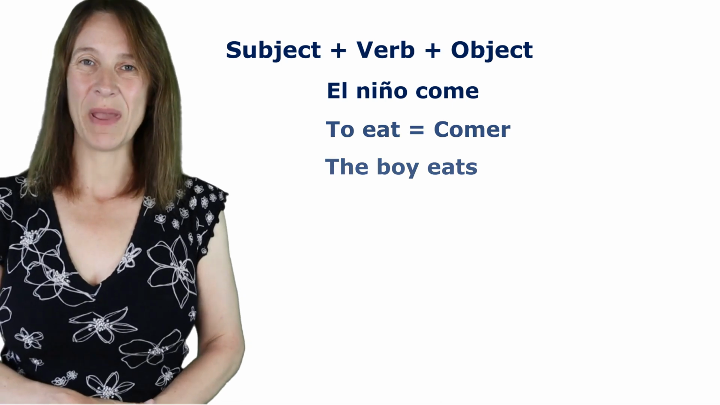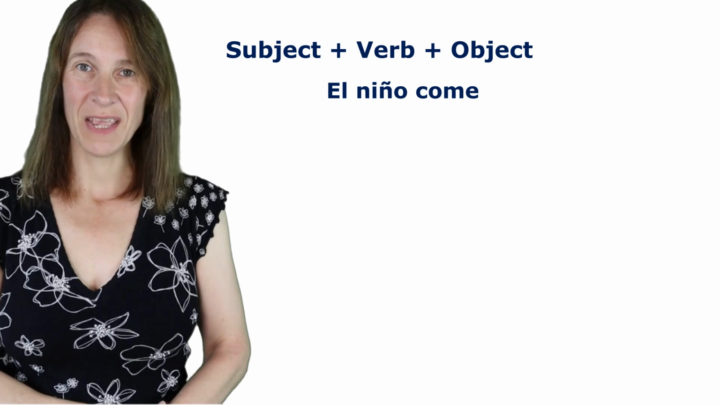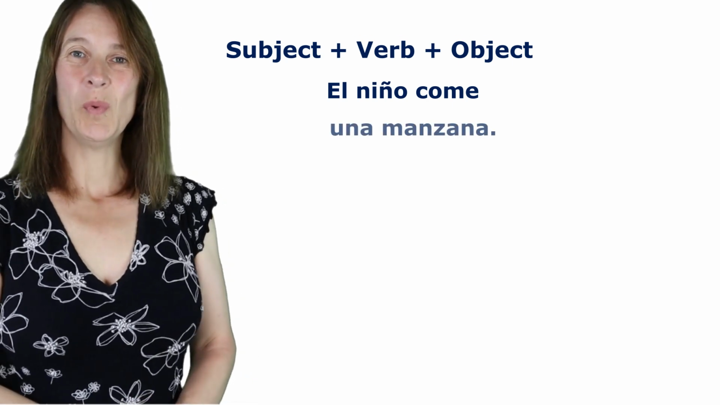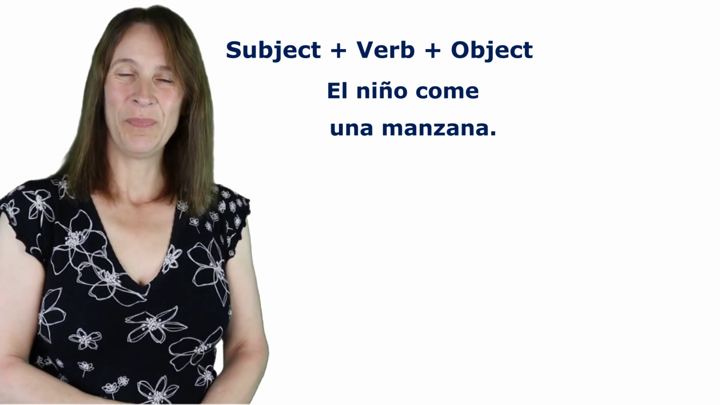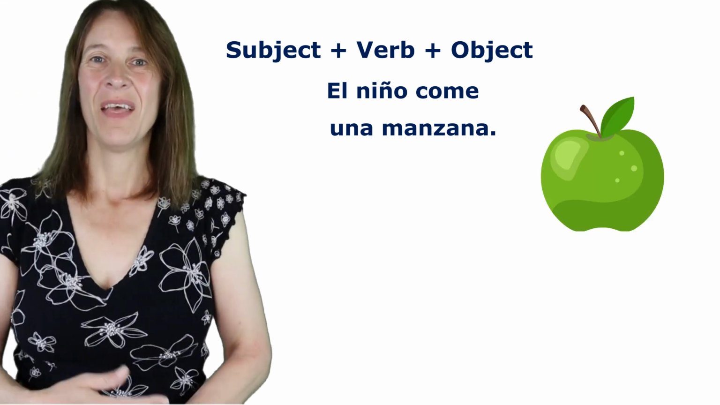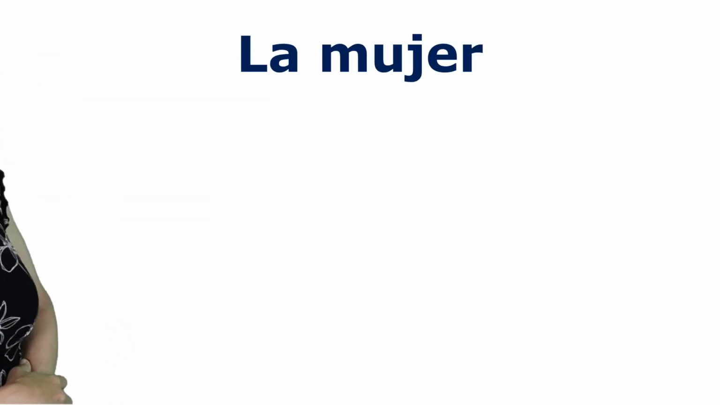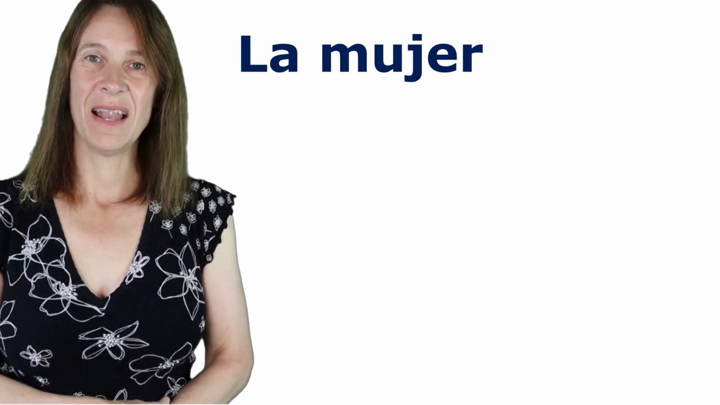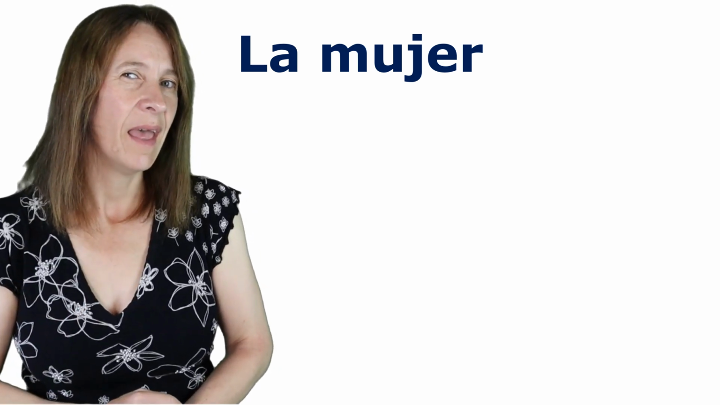El niño come. So now we've got the subject, a verb, and we need an object. For example, una manzana. Una manzana is an apple. El niño come una manzana. There's our basic sentence. Let's have a look at some more subjects that we could have. La mujer. Look at that letter. J is making a